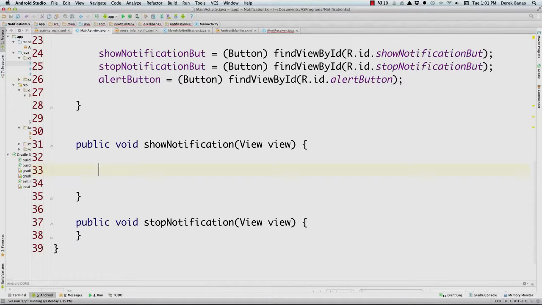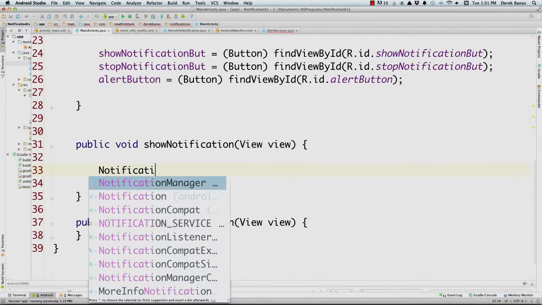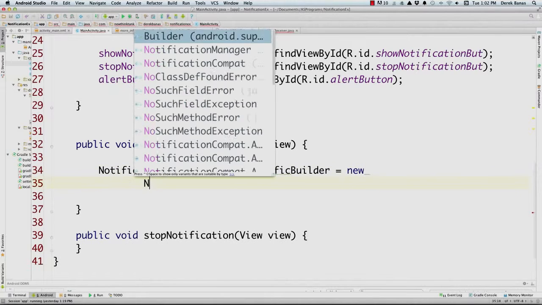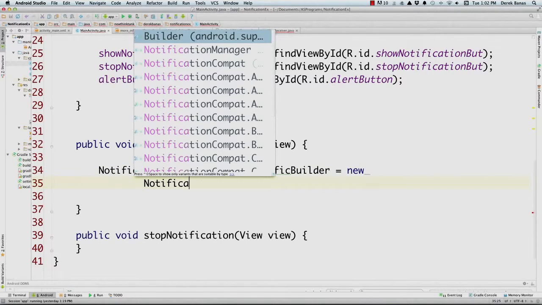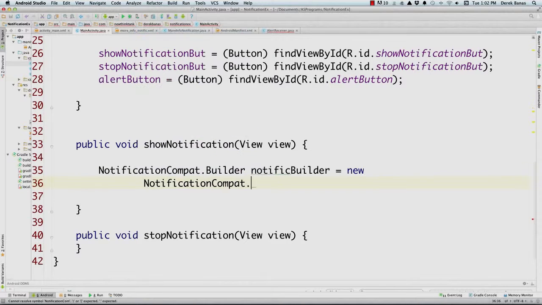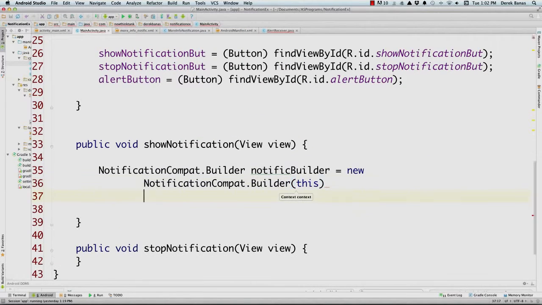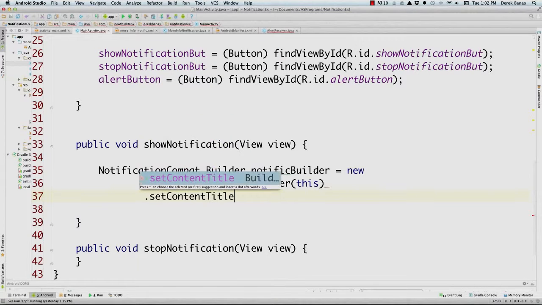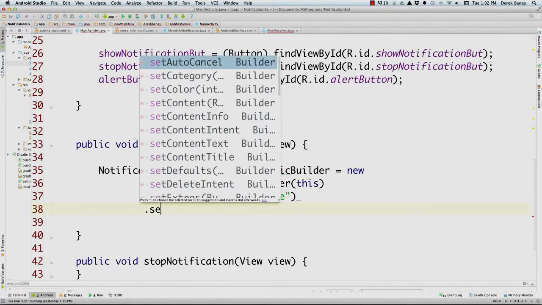First thing I'm going to do is build the notification that I'm going to create, and you do that by going NotificationCompat.Builder, and I'm just going to call this notification builder is equal to new, and then I'm going to define everything all at the same time. NotificationCompat.Builder this, and then I'm going to be able to come in here and define the title for the notification, and this is what's going to be displayed for our notification itself. So let's just have it be message, and if you want to jump to the end of the video, you can see what this looks like when it's all done, and then come back.